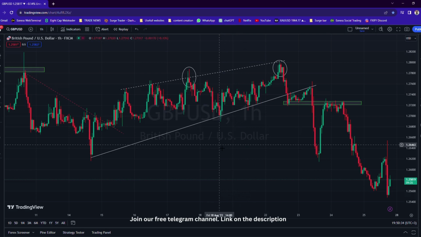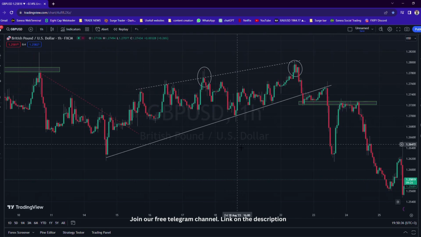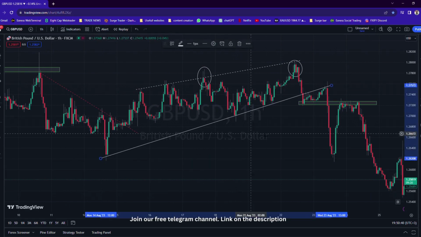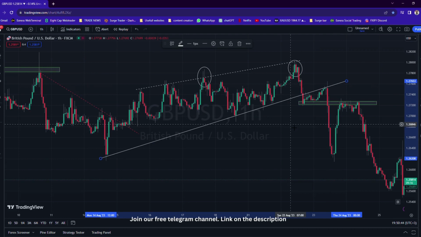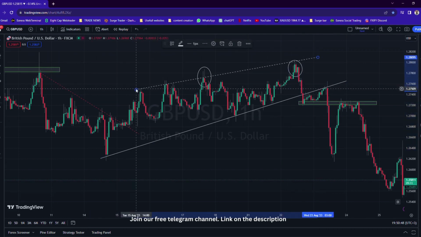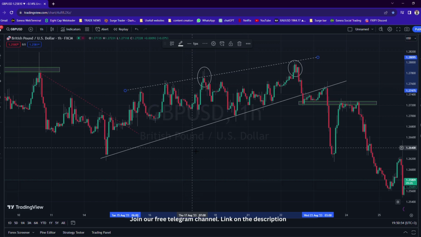So what are these candlestick patterns? You have to be very careful. Candlestick patterns are not indicators to signal any confirmation or opening a position, but you have to incorporate these candlestick patterns with your technical analysis. So we are going to start with the